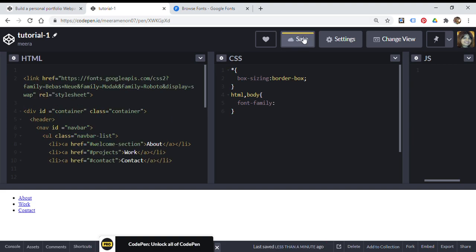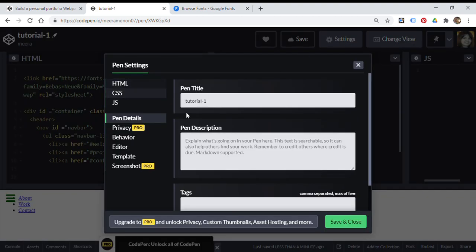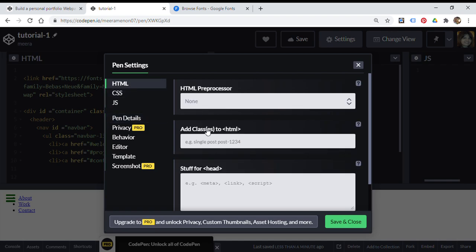Save it here. I also go to my settings, into my HTML settings, and then under the stuff for head, save it there, save.